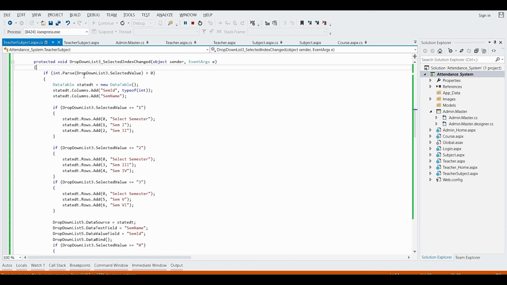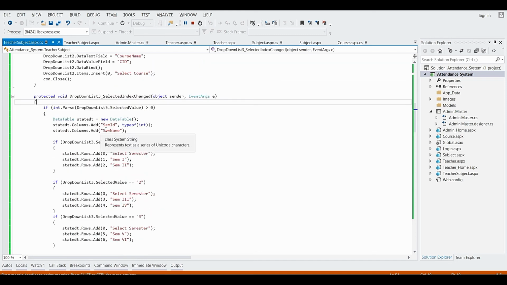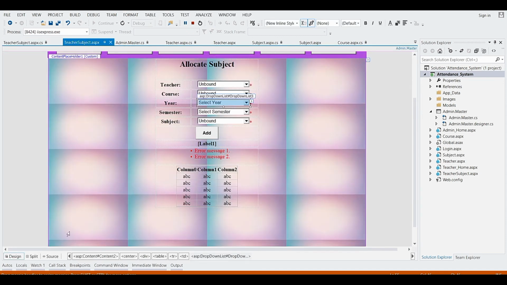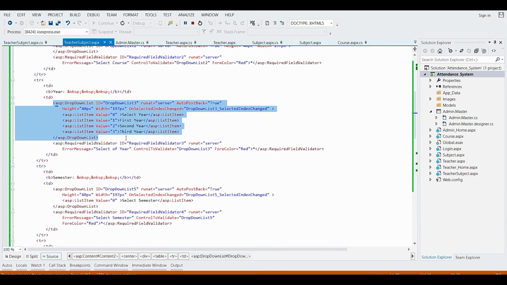Within that I have taken the id which is selected from drop down list 3, the selected value coming from drop down list 3, which is 0, 1, 2, 3.